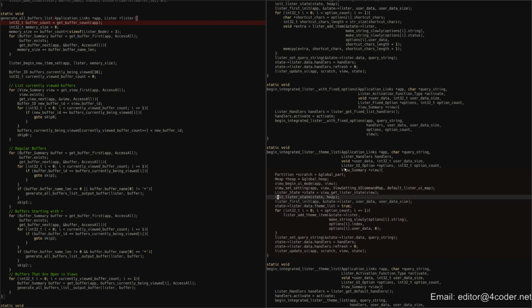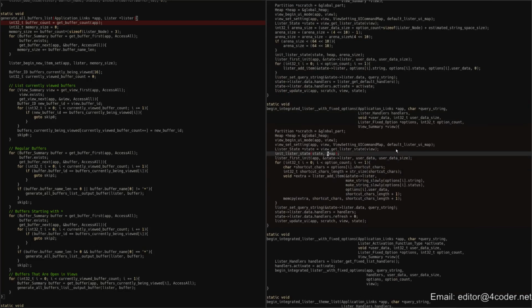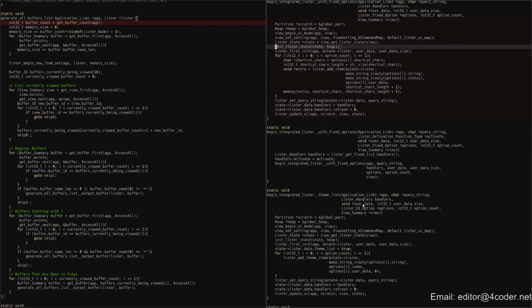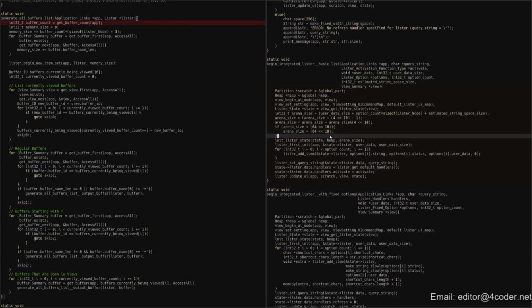This one, init lister state, init lister state, they're all taking in no third parameter, which indicates to me that they're just using the default size. This one's computing its actual size by using the estimated string space size plus the option count to get that, plus the user data size. So what I think we want to do